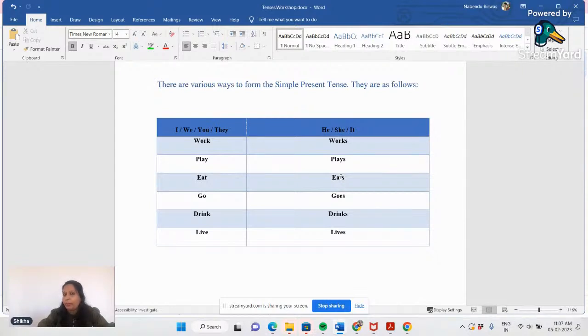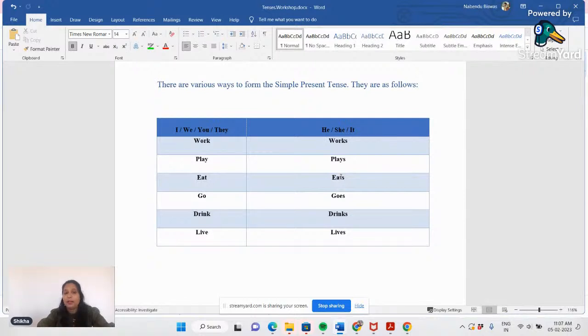So how can you remember? You have to remember that when you are making your nouns plural, you are adding s. So if I say pen, what is the plural form of pen? That is pens, right? In the same way, the verb actually acts opposite to nouns. So when I say "work", that means this verb is without s, so it is the plural form of the verb. But the moment I add s to it, it will become singular. So if your subject is he, that is singular, what will you add with it? That is he works, she plays.